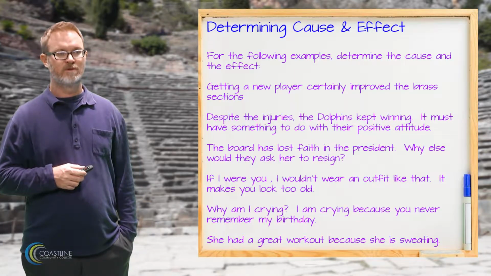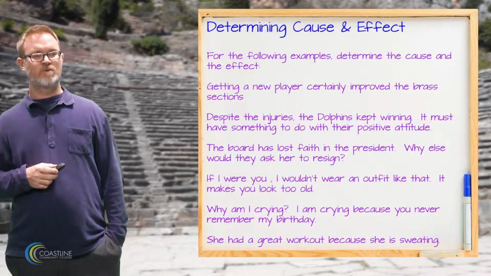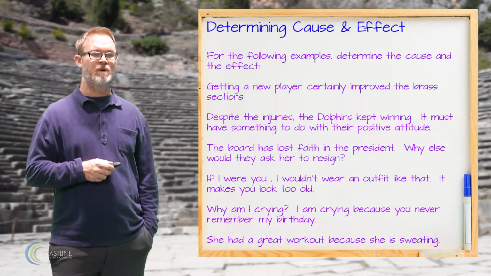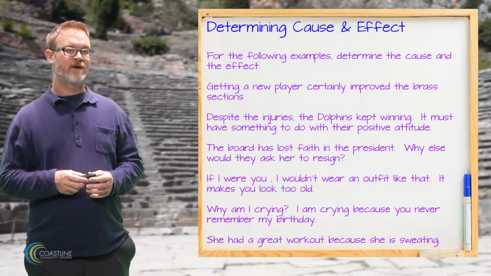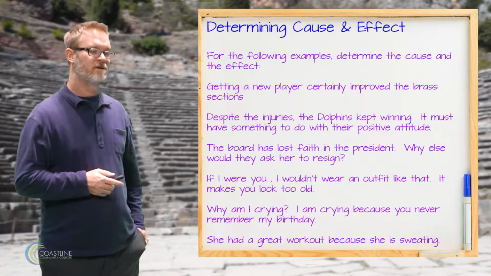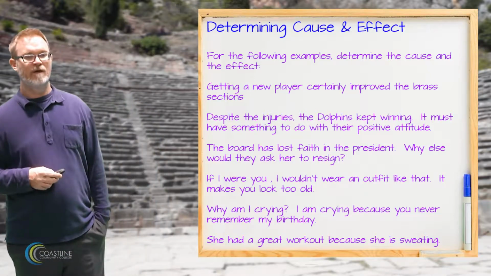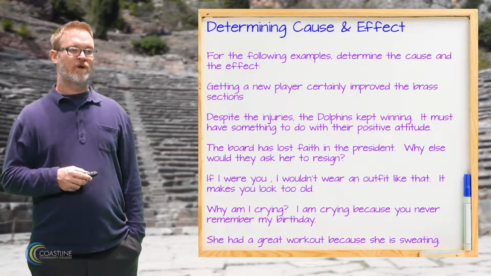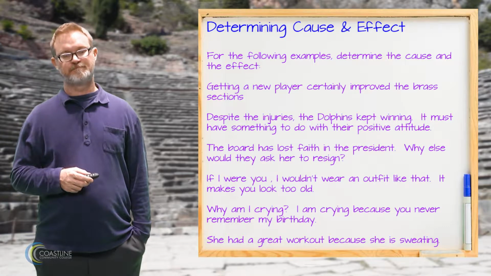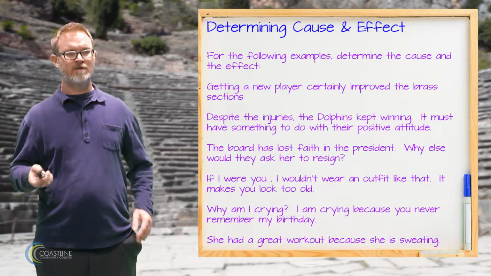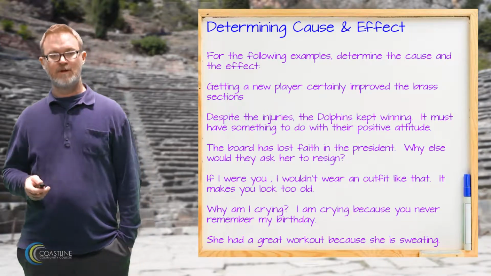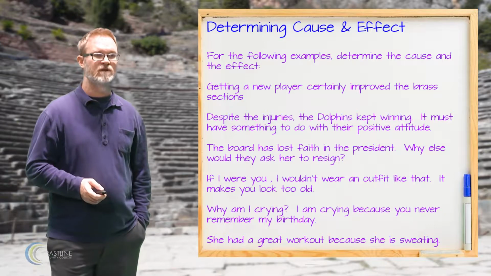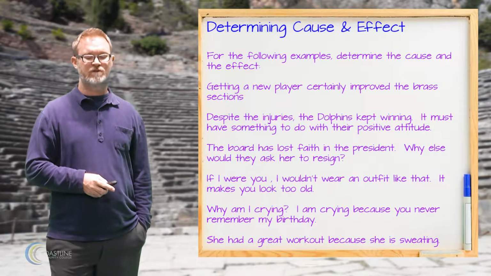look too old, okay? The next example, it says, why am I crying? I'm crying because you never remember my birthday. Okay, so here the cause seems to be not remembering the birthday, and the effect seems to be that this person is crying. Okay. And the last one, she had a great workout because she is sweating. So here the cause seems to be the great workout, and the effect is the sweating. Okay. Okay, so that's the first set of exercises, and for the next set of exercises, we're going to just